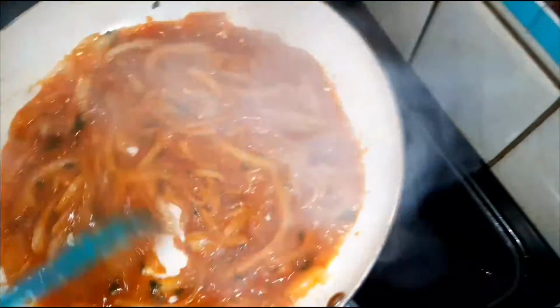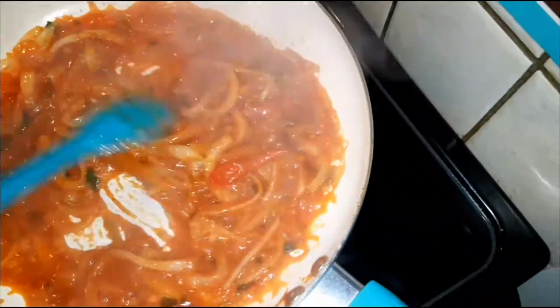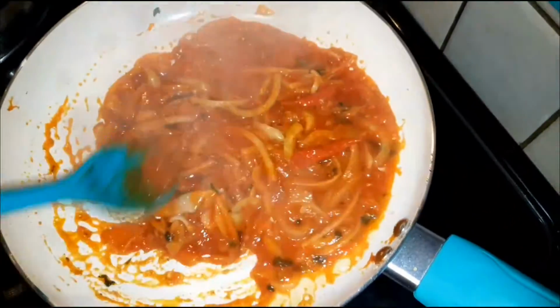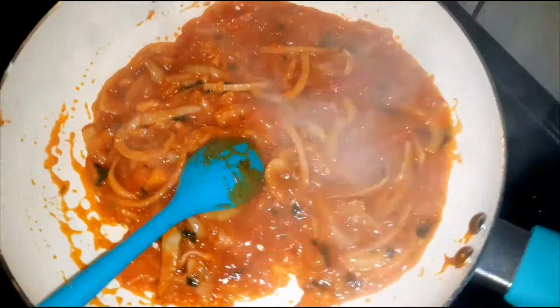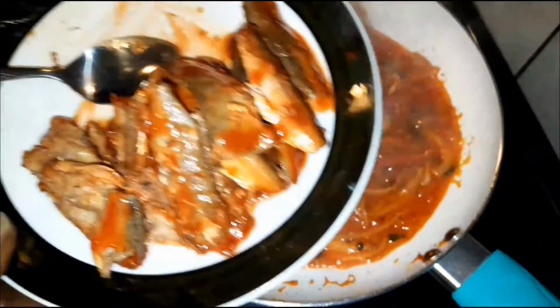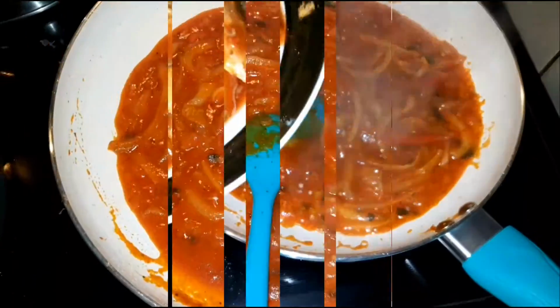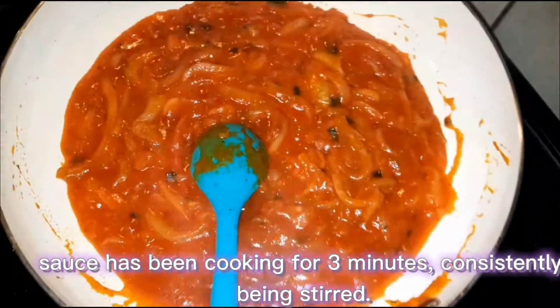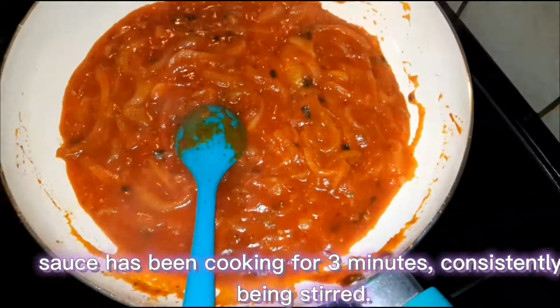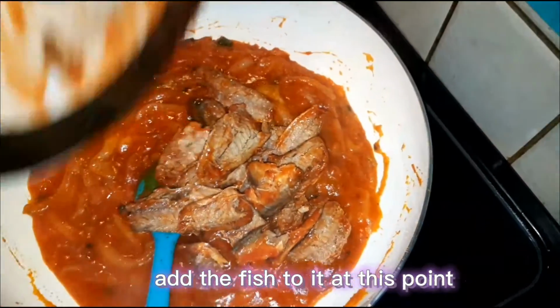Now I'm gonna allow these items here to cook for about 2 minutes after I mixed it in, and then I'm going to add the fish to it, which is the last step, because as you know, the fish is already cooked. So if I add it now, it'll just keep breaking down, and I don't want it to break down all the way. I want it to still have some form, so I'll be putting this in last. It's been about 3 minutes. I had that sauteing together with the sauce. So now I'm going to be adding the fish